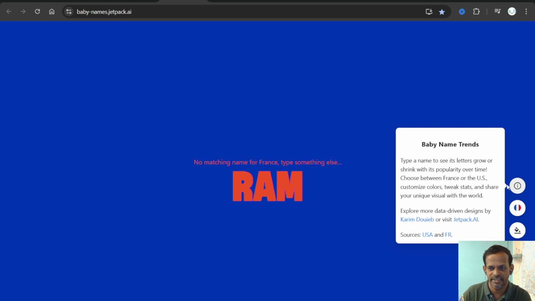Here we can see the description: type a name to see its letters grow or shrink with its popularity over time. Choose between France and US, customize color, tweak stats, share your unique visual with the world. It is more data driven, designed by Karim Dueb of Jetpack, or visit jetpack.ai.